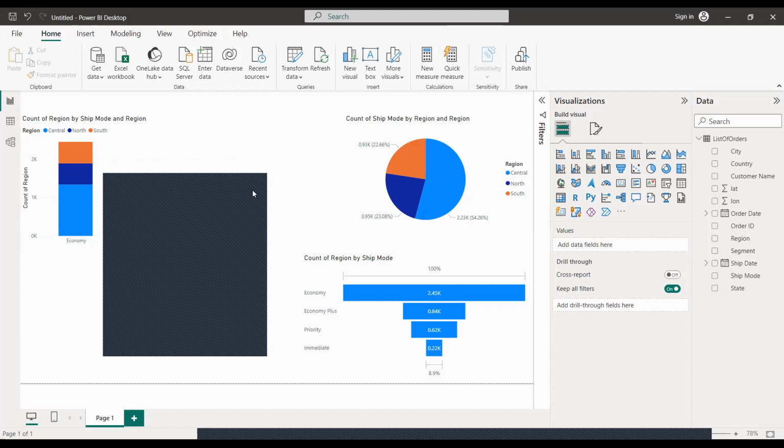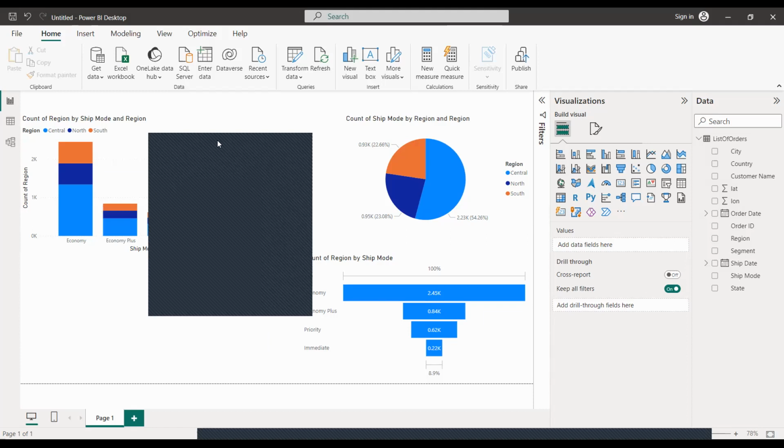And then they don't also know the region that is doing very well. The manager for Central Region is sending a report that they are doing very well. Manager for Northern Region, the same thing. Manager for Southern Region says he is the best. So from these reports, how do we know which region is doing very well?